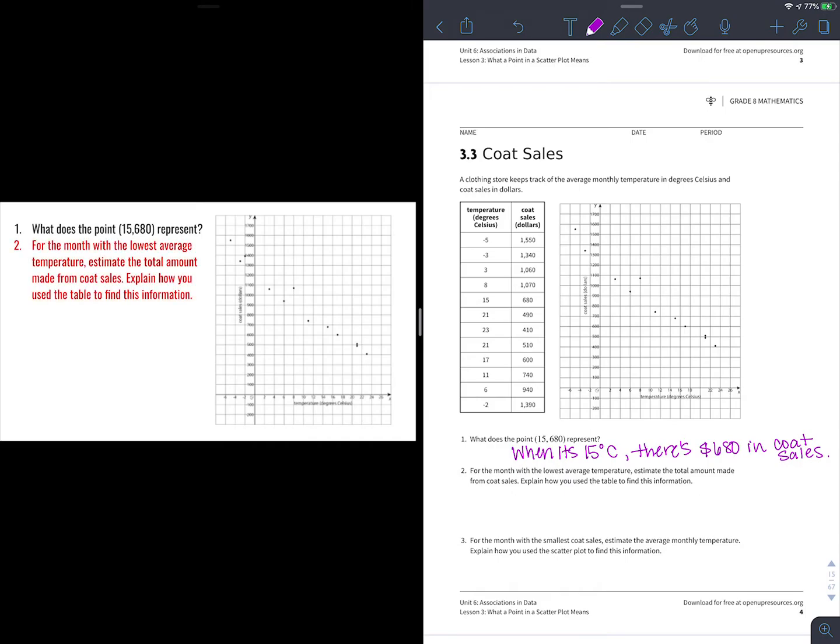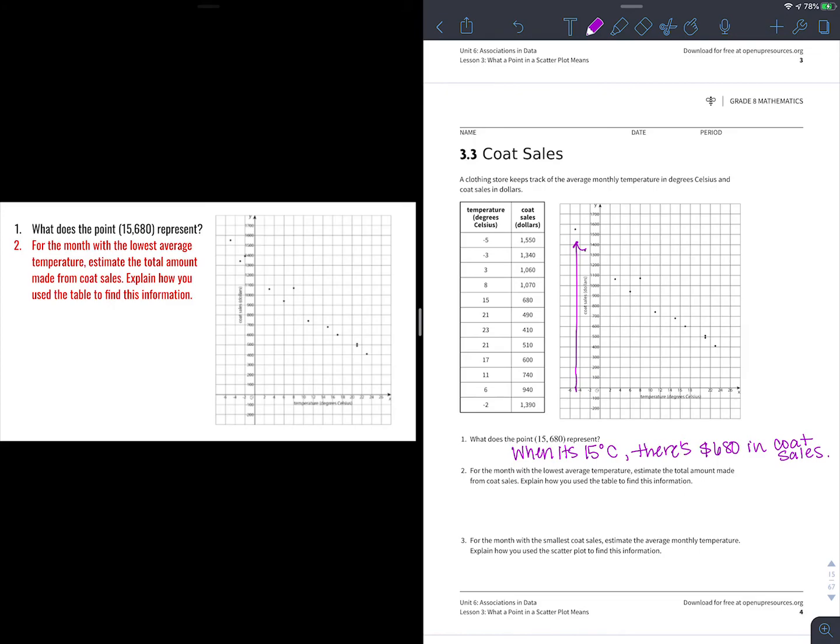So when we're taking that point, we're analyzing what those numbers mean in terms of the situation. For the month with the lowest average temperature, estimate the total amount made from coat sales. So when I look at these two representations, I immediately look at the scatter plot because the data is actually not in order by temperature. And I see at -5 is my lowest temperature, even though that happens to be the one listed first. So when the temperature is -5,